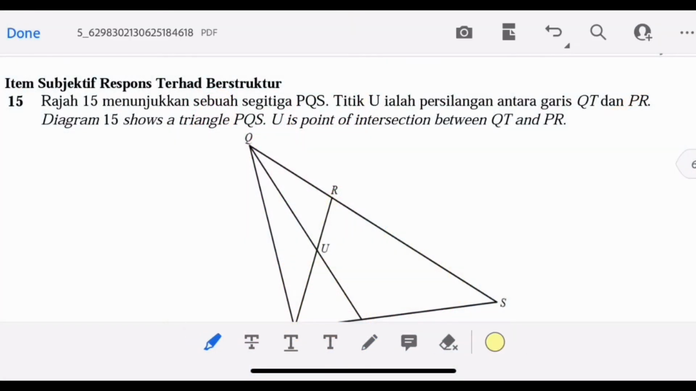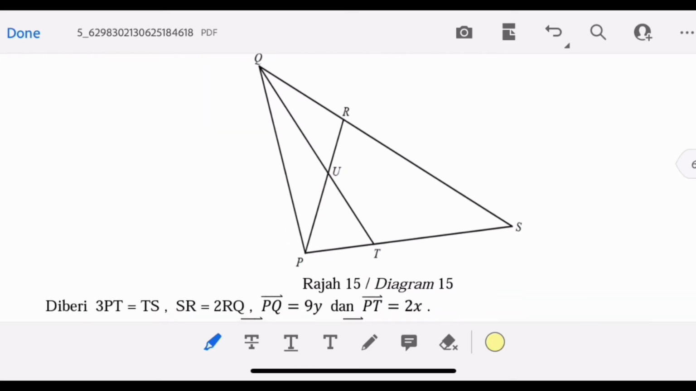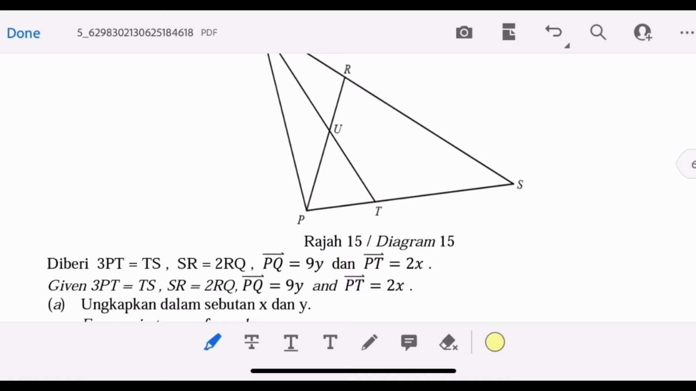Question 15. Let's read the question. Diagram 15 shows a triangle PQS. U is a point of intersection of the two lines. So let's see the vector given. So we have 3PT